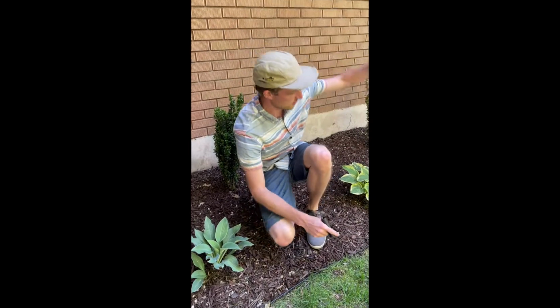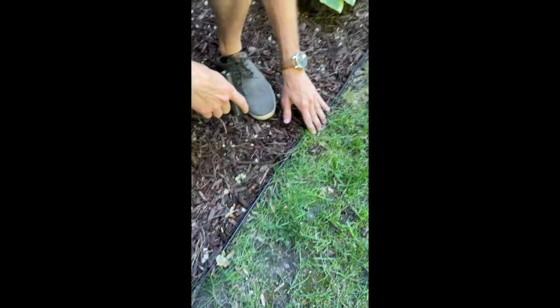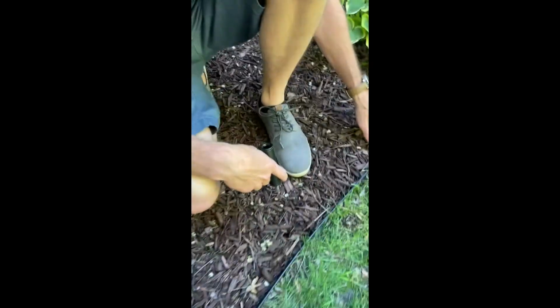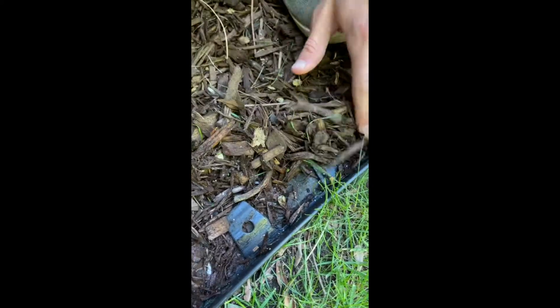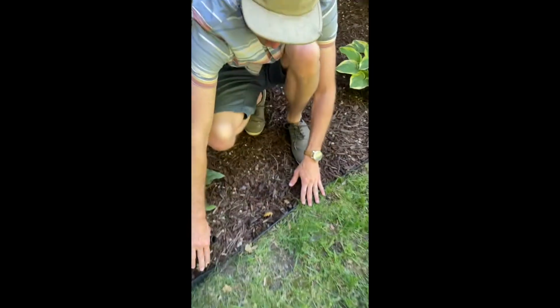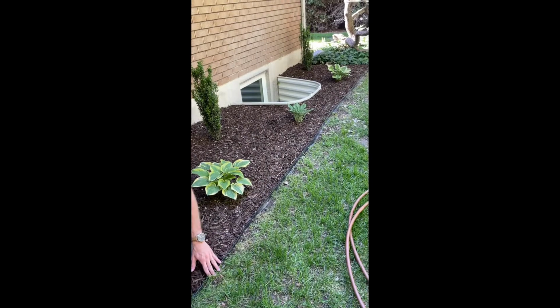Also, here's our edging, which we just did like a Vigoro edging. It's like 1.5 inches, just to kind of hold the mulch and stuff. And it just stakes down. Let's see. Well, anyway, one complaint I do have about this is you can see it's kind of wobbly, even though we staked it down